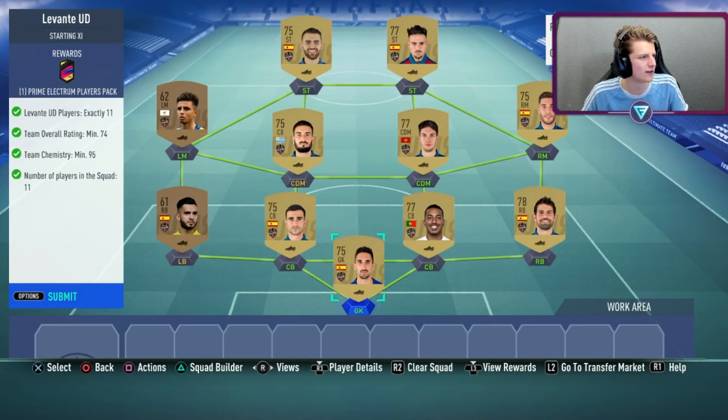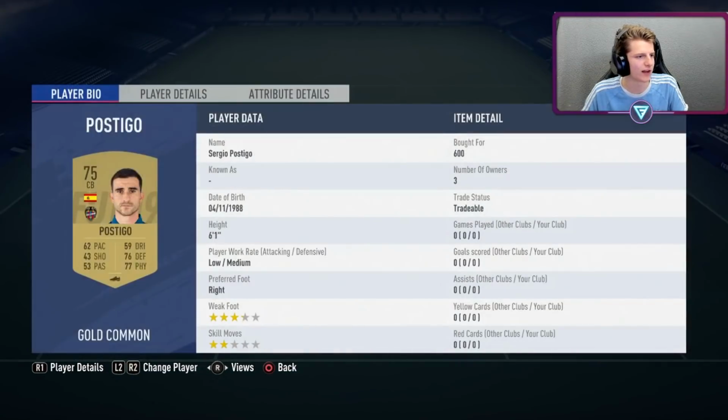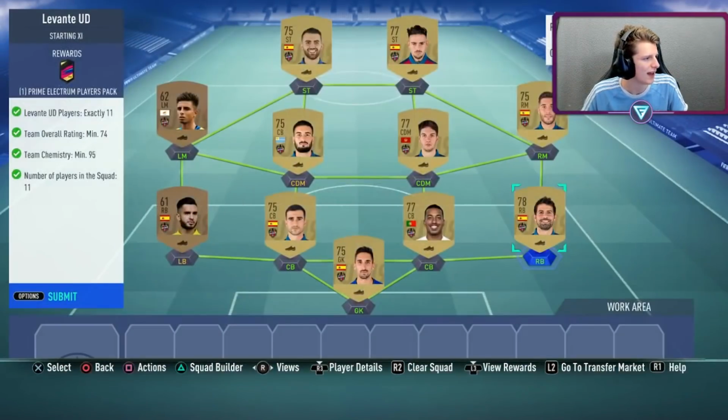And then we've got Levante UD right here, which is again pretty cheap. You're seeing a lot of golds and rares right there, about 500-600 coins a piece. And yeah, that's that. So what we're going to be doing is we are going to be doing these, and